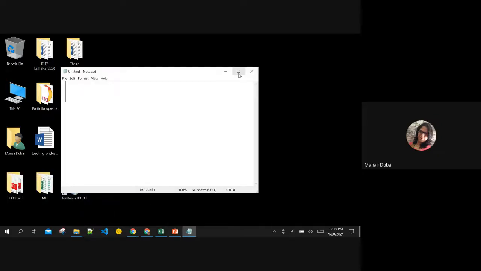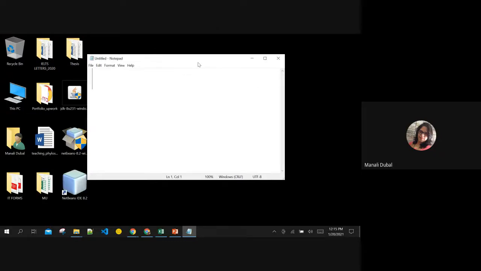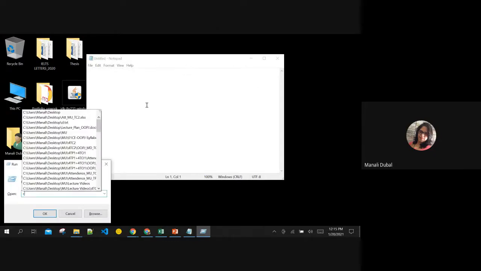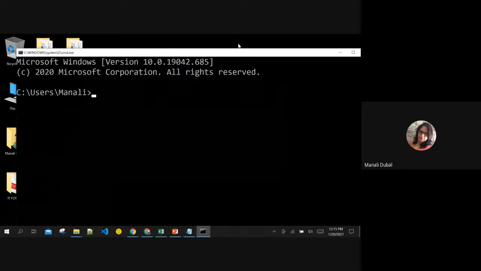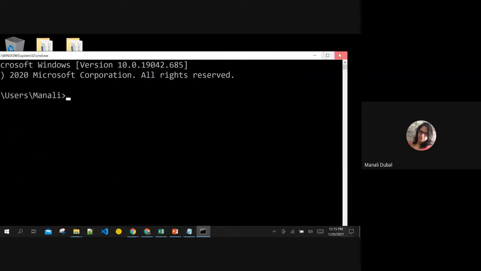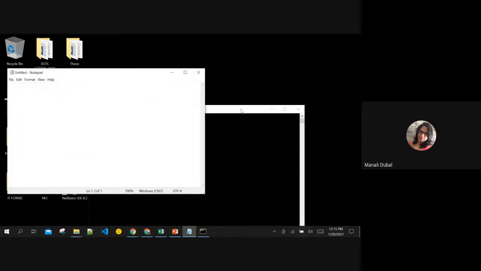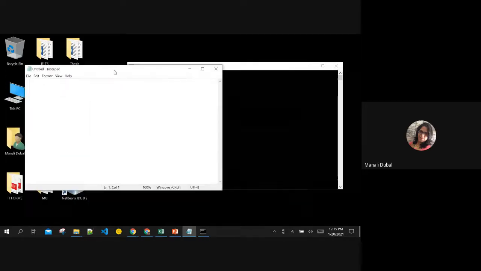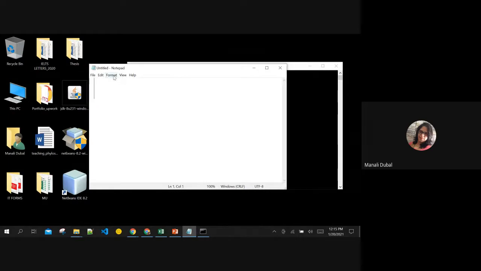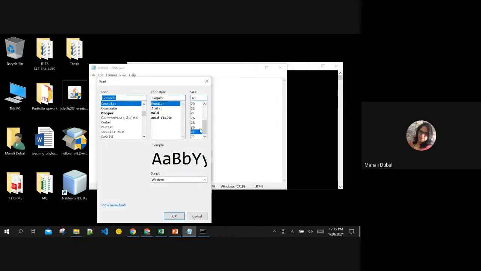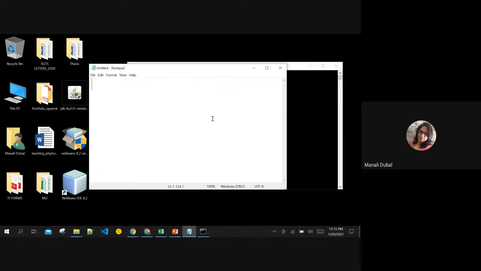All right. Okay. So now, see, without using NetBeans, you can also run a simple Java program using Notepad and command prompt, CMD, all right? We have two windows here. One is command prompt and one is NetBeans. I have opened these two and I want all of you to open these two windows at the same time, all right? Okay. Here, I am going to type out our first program, all right?